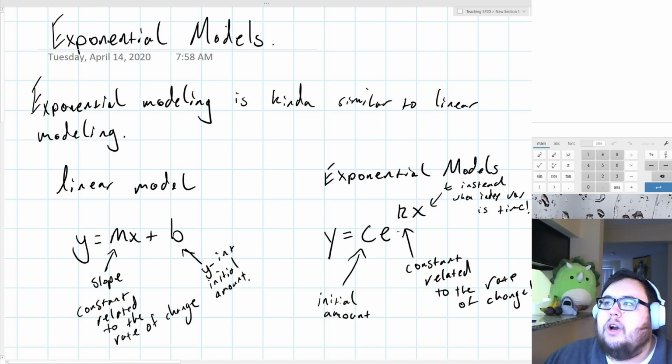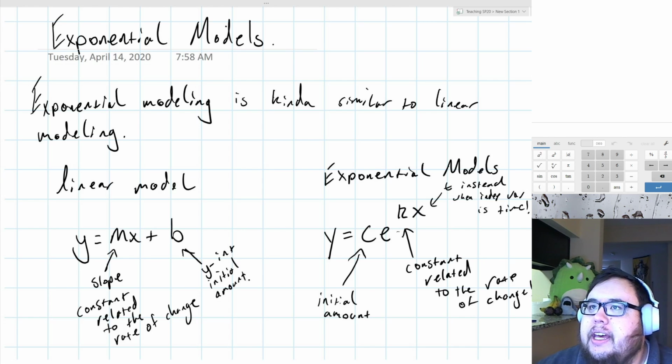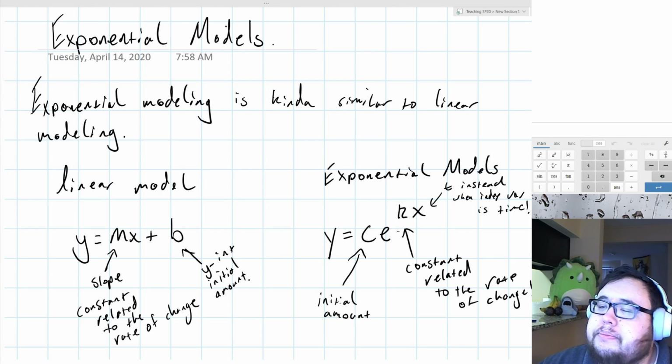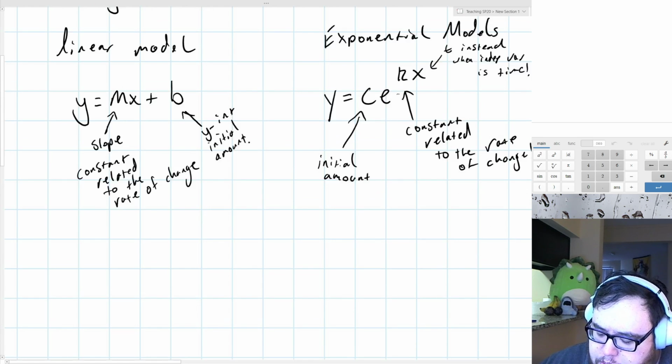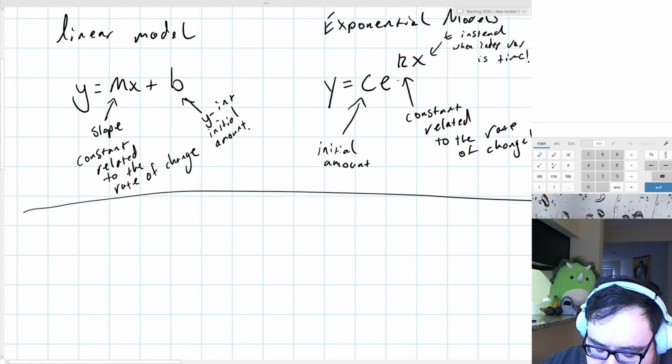Unfortunately, it's not quite as straightforward to find c and k. Well, c is just as straightforward as b is. It's the initial amount you're given. And you'll almost always be given this initial amount, right? k is a little bit trickier. We're going to have to use some of the things we've learned in this unit so far. We're going to have to use some logarithms to figure out what k is in general. So before we get into solving for this k, a quick note about exponential models and the k value in general. So note